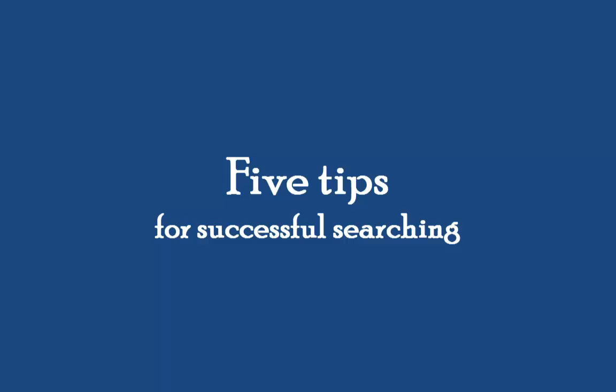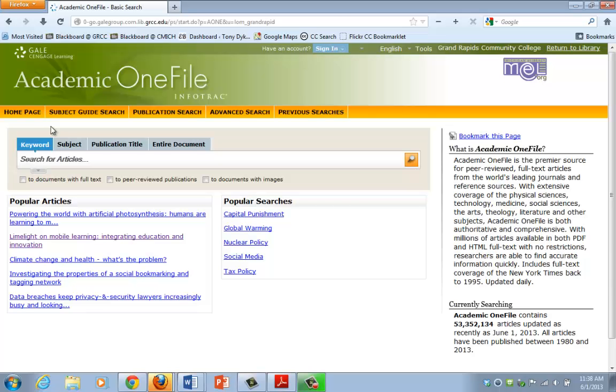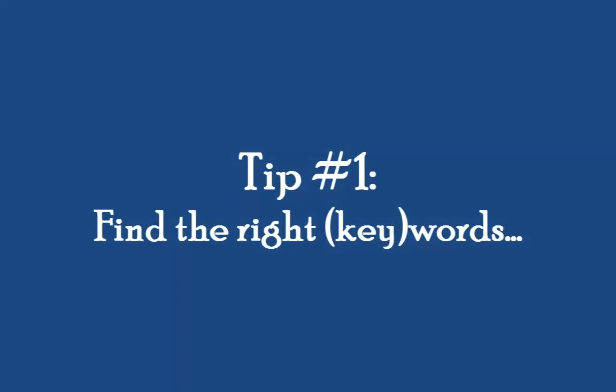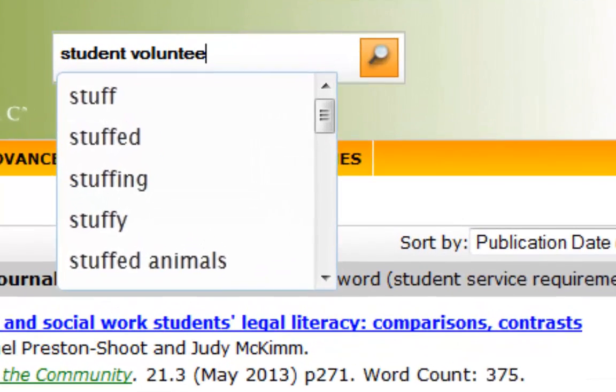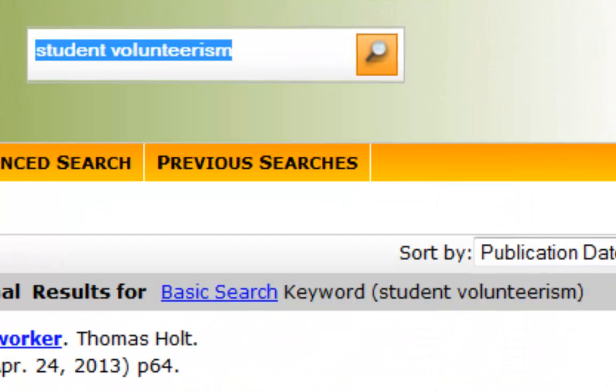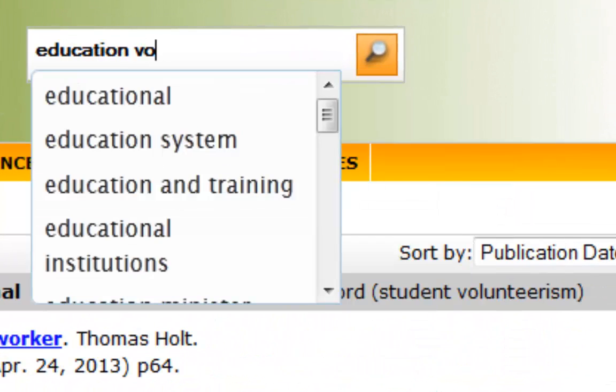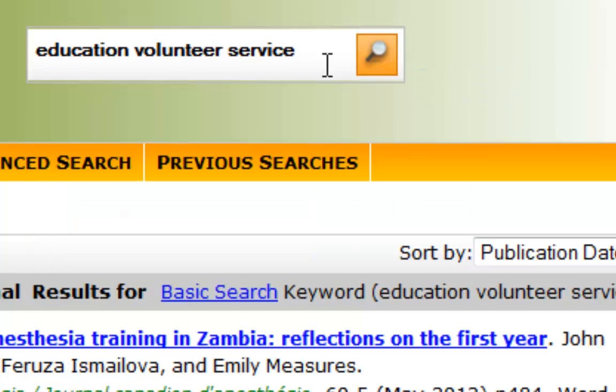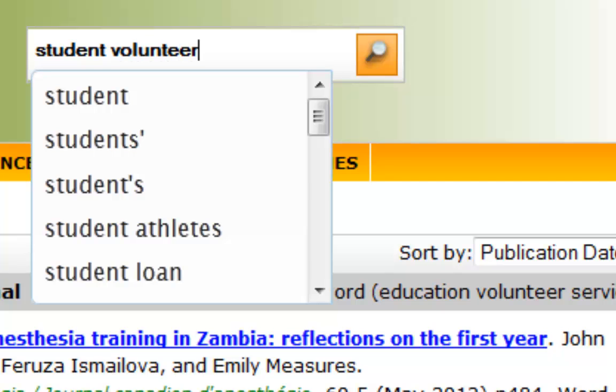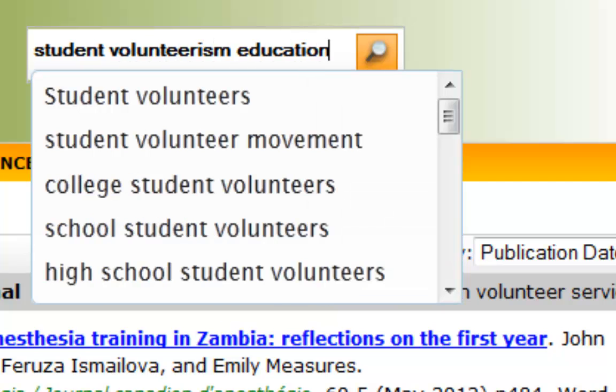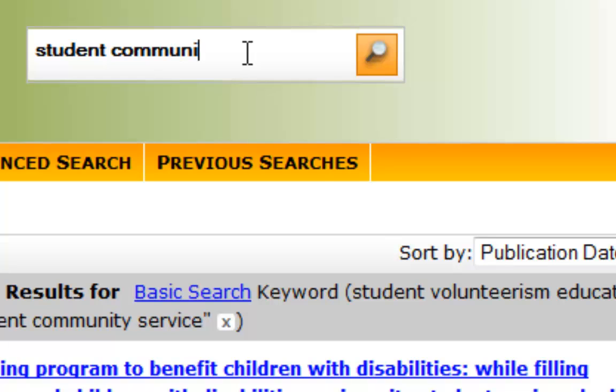I have 5 suggestions today for how to do this successfully, because I know students sometimes get frustrated using these databases. First tip I'd give is to play around with words, to experiment with different phrases until you find sources on your topic. This can be the most challenging for some topics and the most frustrating step, but you might need to play around with lots of different versions and variations of your topic before you find sources that are